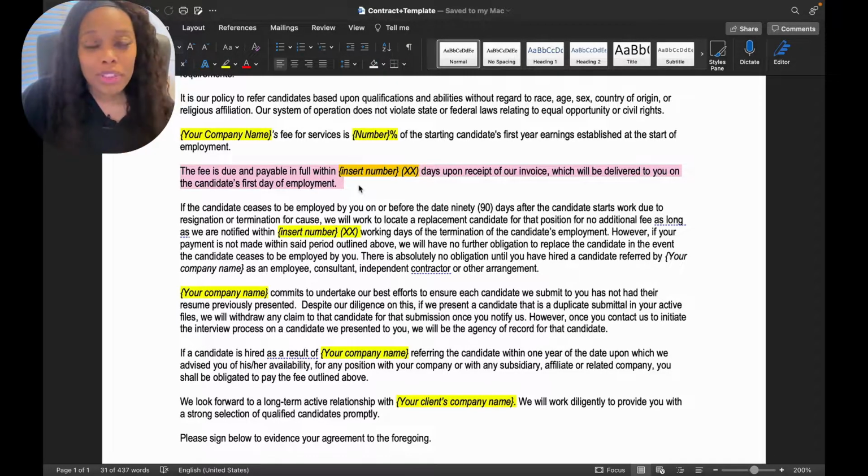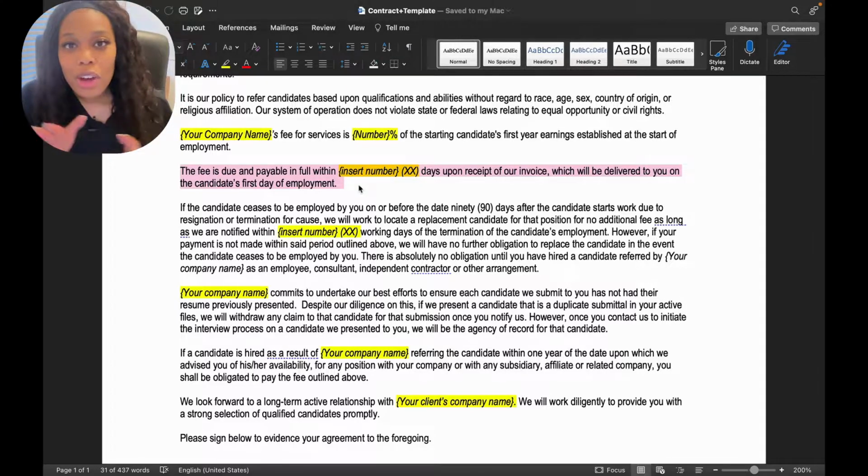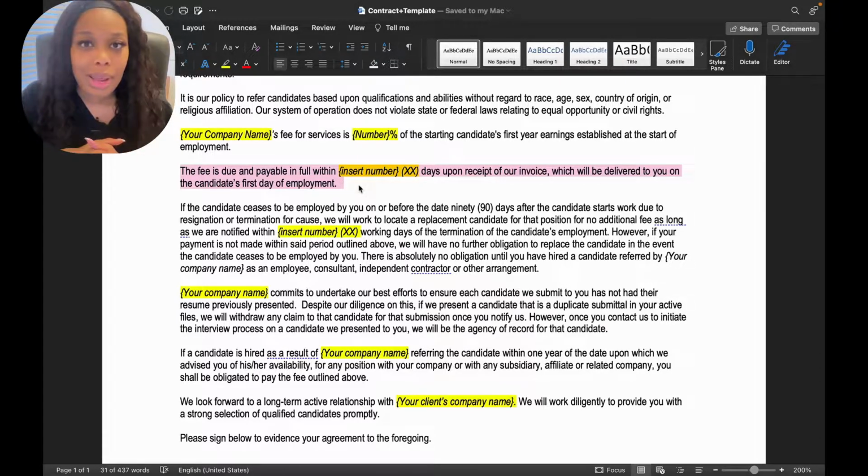This portion here, which is also really important, outlines your net payment terms. Your net payment terms, typically in this industry, are going to be net 30. I've had questions out there in regards to, well, can I make it net 15 or net 10? Keep in mind that when it comes to payment terms, at times it can be difficult to even adhere to net 30. You also want to be mindful of the fact that you want to give your client